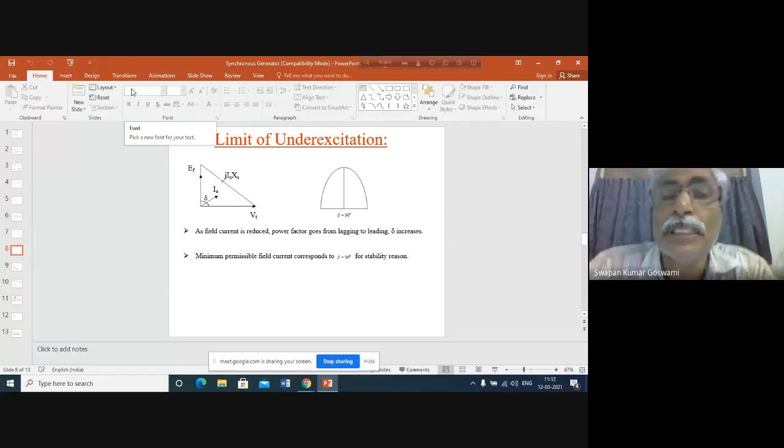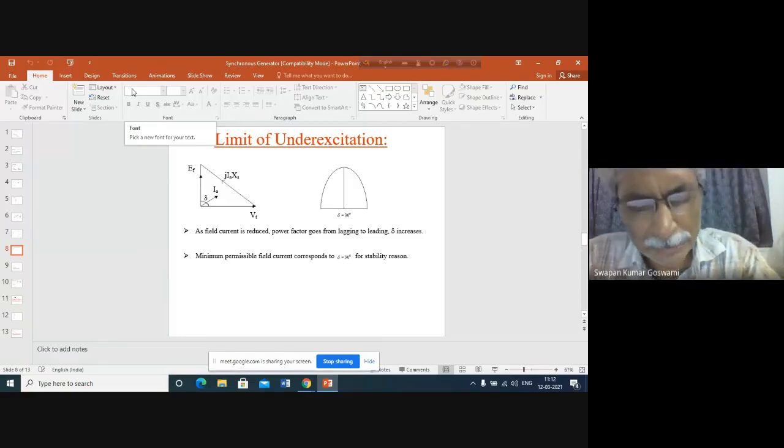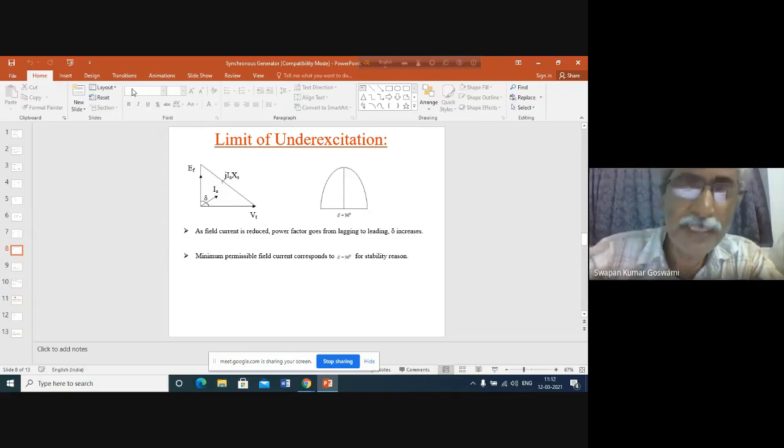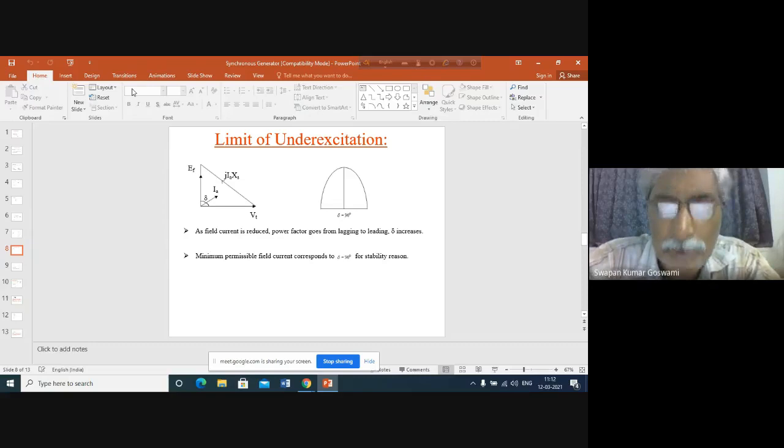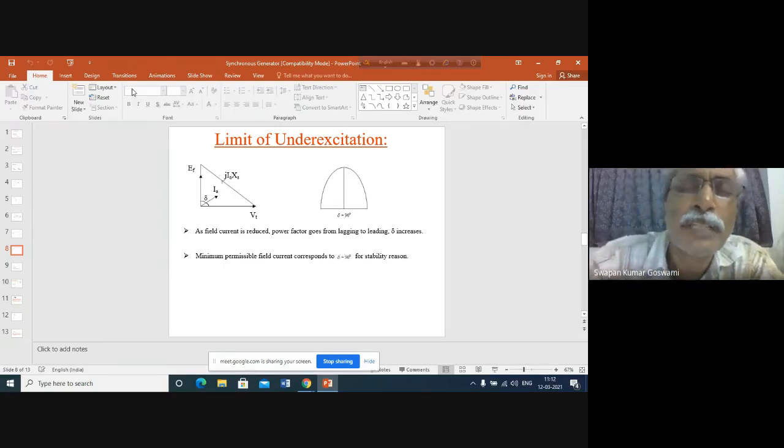In case of an interconnected system, there will be sending end at both ends. Both the ends are connected to generators, so you can say that both the ends are sending end. So you cannot differentiate sending and receiving end in that sense. Okay, but then what will happen? Because of excessive supply of reactive power, there will be a tendency of the system voltage to rise. Voltage at every bus will try to increase. Okay, you will be maintaining constant terminal voltage.